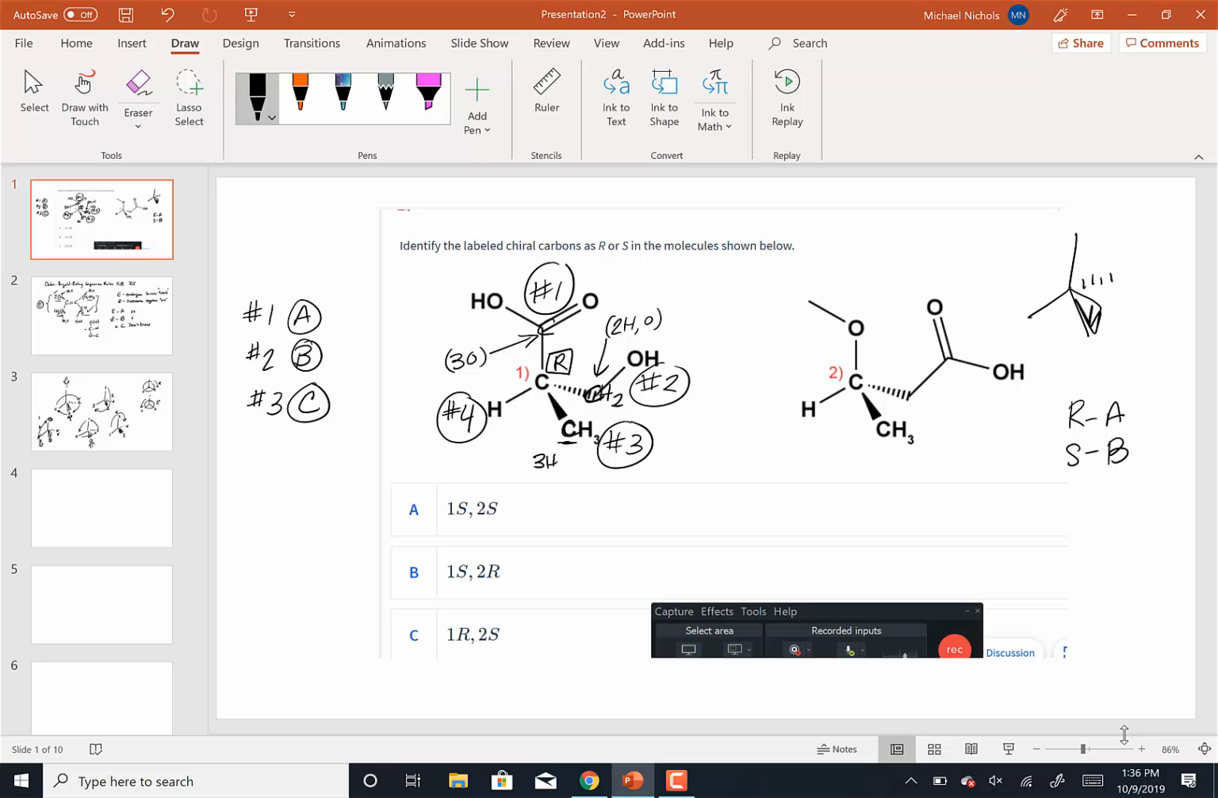But I started off seeing it wrong because I forgot that there's a C here. So I think that's